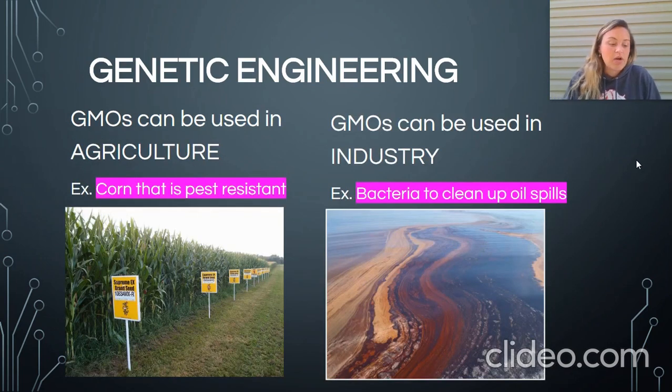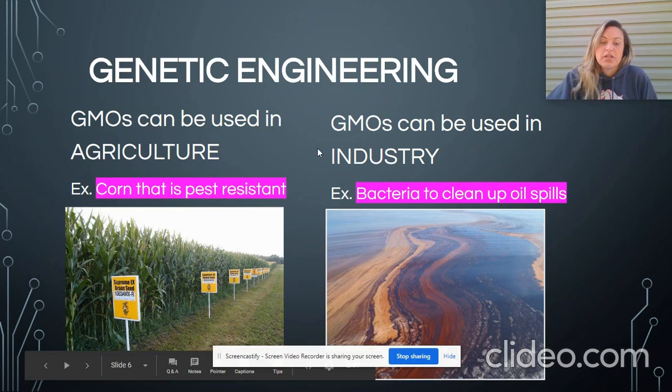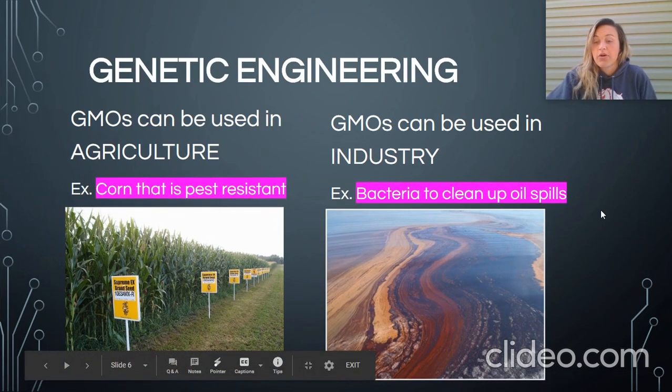All right, GMOs can also be used in a couple other things. They can be used in agriculture. So where it says agriculture, an example, I want you to write down that it can produce corn that is actually pest resistant. So instead of putting all these harmful pesticides on our crops, scientists have actually genetically engineered corn crops. Corn can actually be genetically pest resistant, and so scientists and agriculture and farmers don't actually have to put pesticides